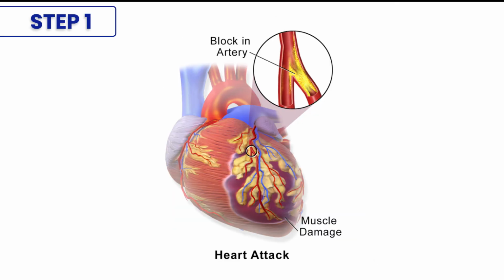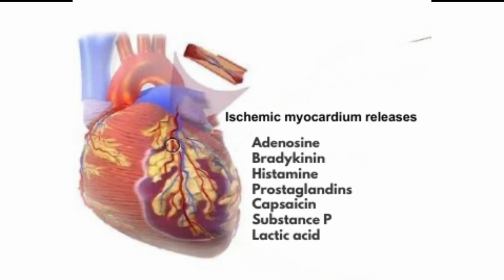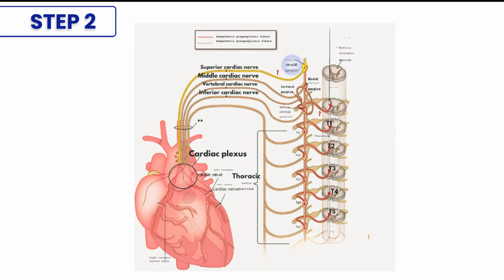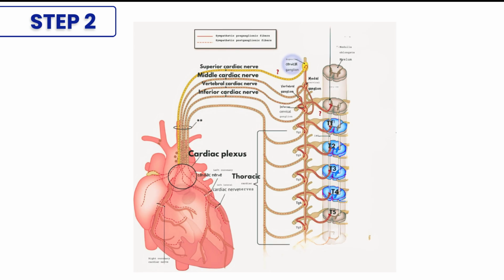The pain begins with a heart attack caused by blockage of a coronary artery, leading to ischemia of the myocardium. The ischemic tissue releases chemicals which awaken the sleeping pain receptors. Then the pain signal travels into the cardiac plexus, mainly the deep cardiac plexus. From here, it travels through the cardiac nerve to the sympathetic trunk and enters the spinal cord at T1 to